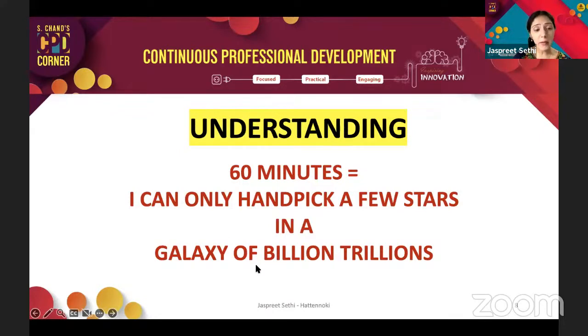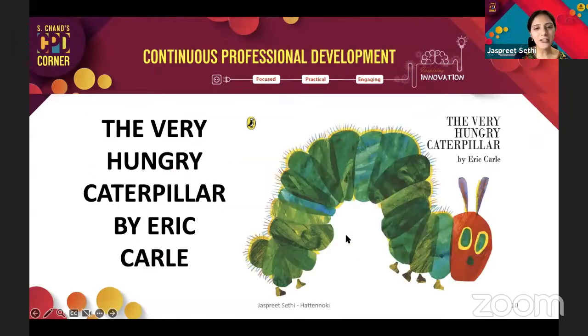If you're not aware of some of them, I'm trying to pick some of my best, starting from our youngest audience. And our youngest audience are the ones who teach our youngest lot, which is kindergarten. So for literature and popular culture, I begin with the most beautiful story, The Very Hungry Caterpillar by Eric Carle. I will not go through the entire story, but I will give you the gist.